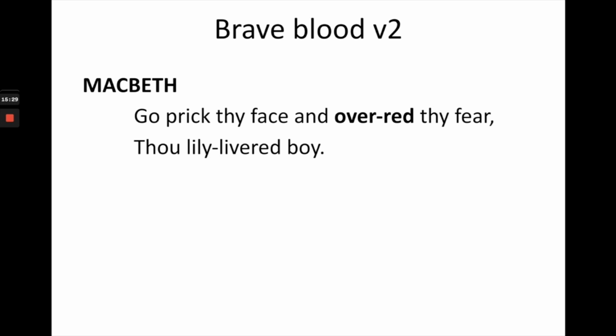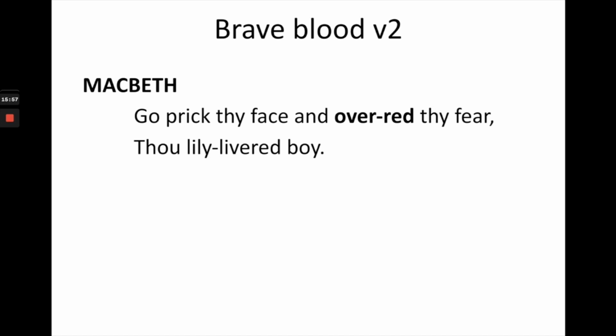He is encouraging his comrades to be brave. Perhaps here we see Macbeth in his comfort zone. This is what he was made for after all, battle and war. Maybe that's part of the reason why he could not cope with the power of kingship once he had secured the throne.